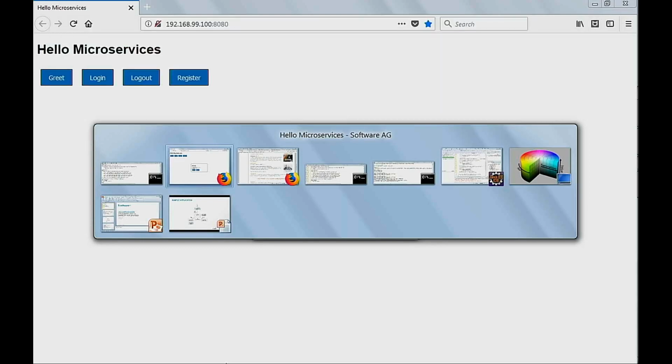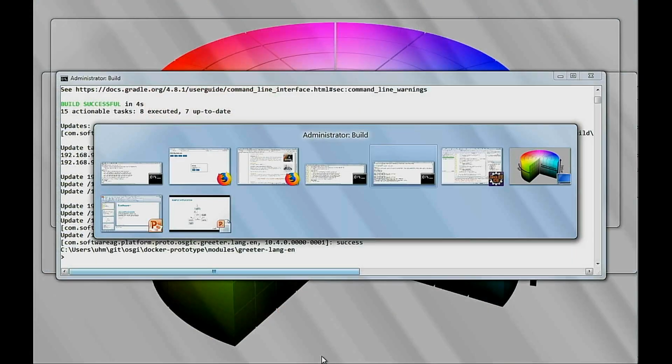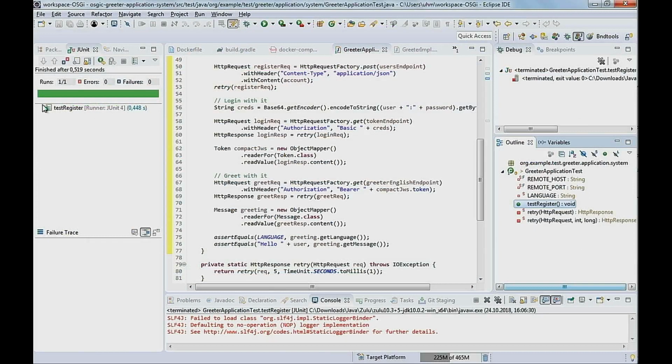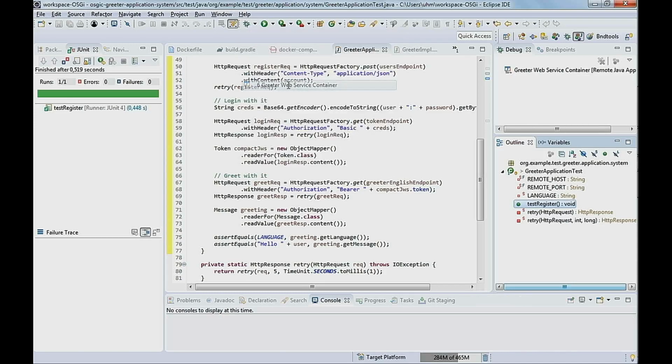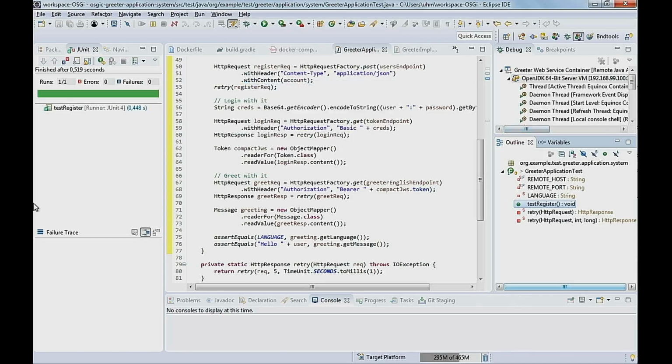You can, if you've configured it correctly, also directly connect a debug session to the container. So that's also nice. Let me see if I can get that running. So hopefully this is the right test. Yeah, so this would be a configuration where I am connecting to the debug port that has been exposed through the Docker configuration.